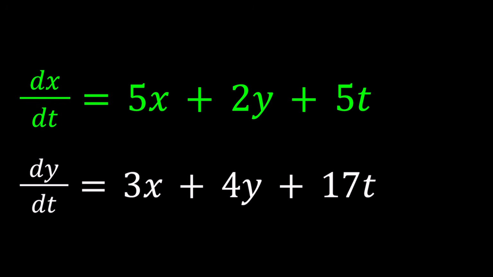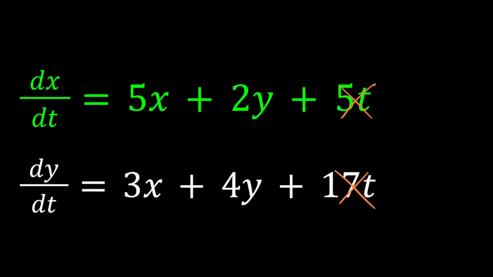Great, so now let's go ahead and take a look at this equation, and we're going to talk about what makes this system different from last week. So we have dx over dt, which is 5x plus 2y plus 5t, and dy over dt is given similarly. What makes this system different is that last week, I think it was on Monday too, we didn't have these terms where we have the variable,